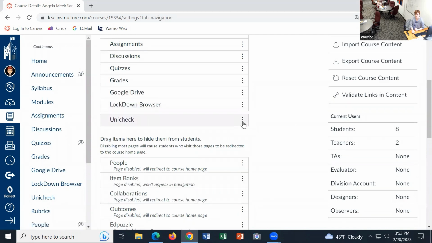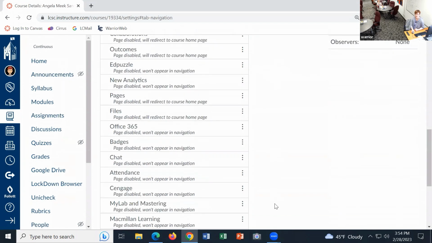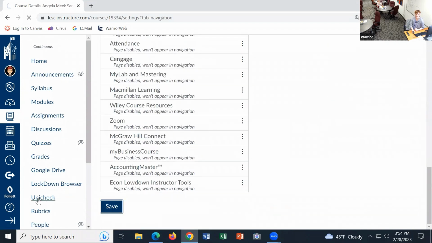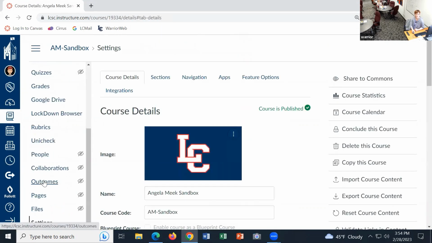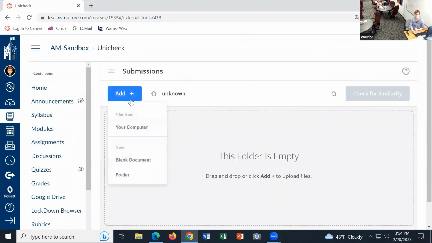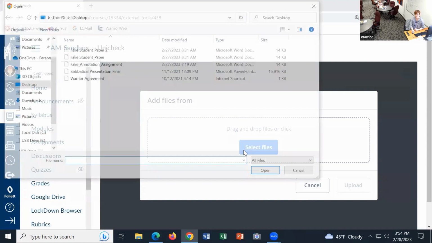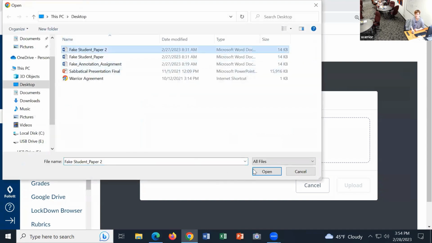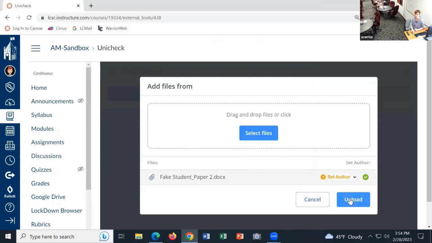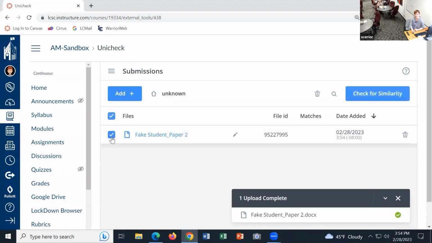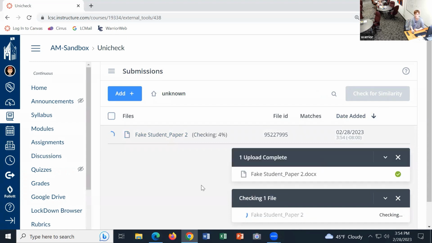Bring it up into your menu and save that. And then you can go to Unicheck, click the add button, browse your computer to find the file, take student paper number 2, upload, and once you upload it you would check for similarity. It will run it and give you a report.